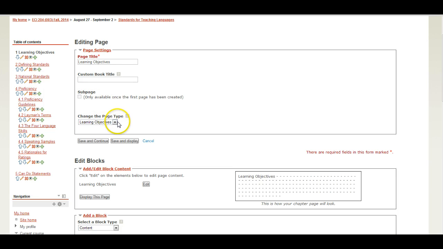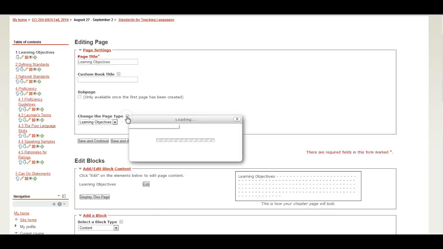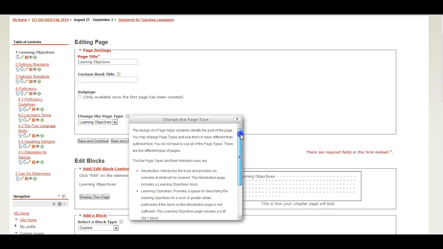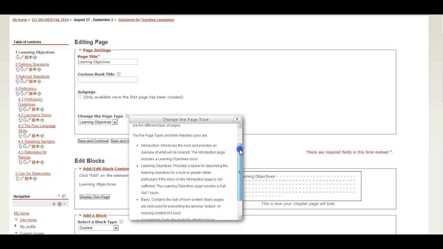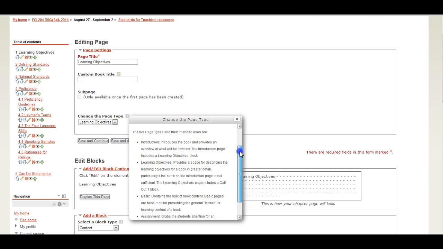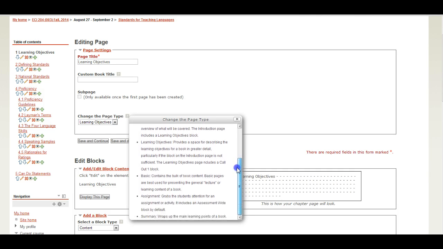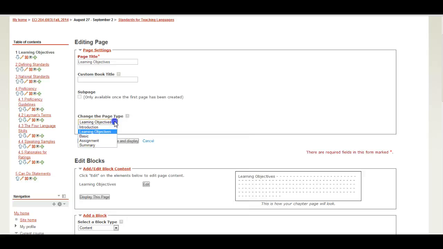What we don't have is the page type template. So this would be something that our template designers would want to include. The template allows you to have 5 different types of pages: an introduction, or learning objectives, basic, assignment, or summary. So these are going to change what the page looks like, whether it has a specific icon,